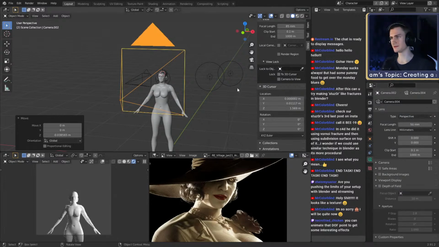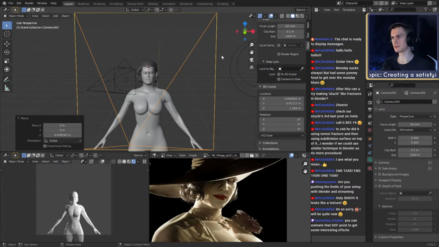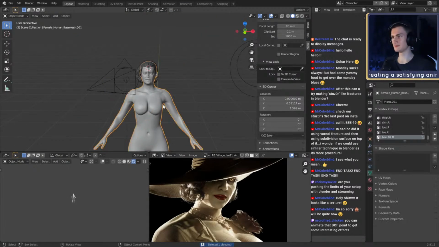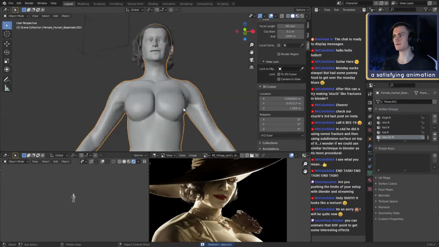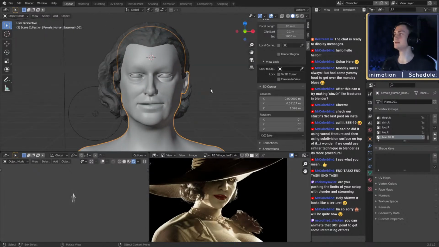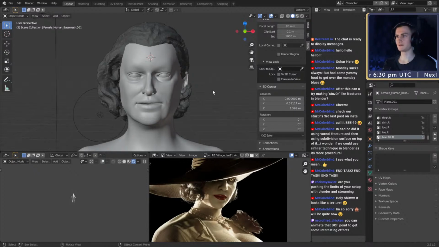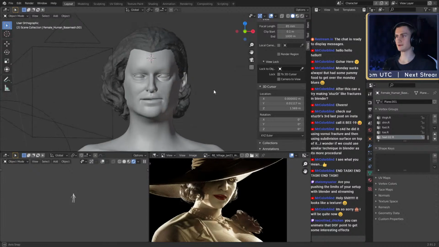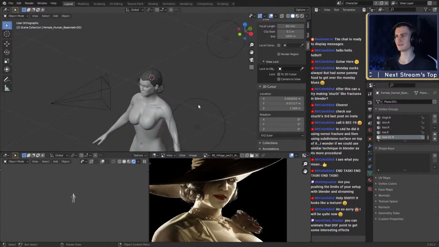Okay, so I can probably show it better in the viewport if we focus on her face. In your viewport, you can also switch between orthographic and perspective view. You can do that by hitting the 5 button on your numpad. And if I do that, you can see now everything's completely flat.